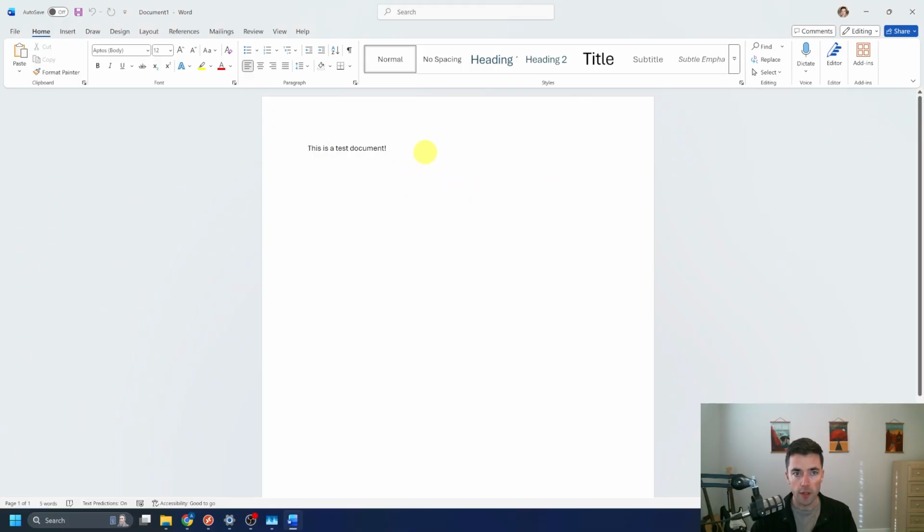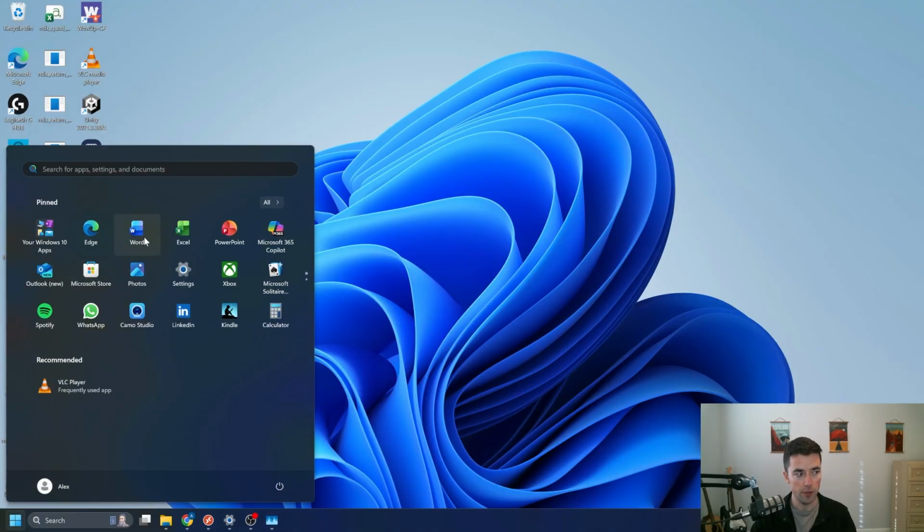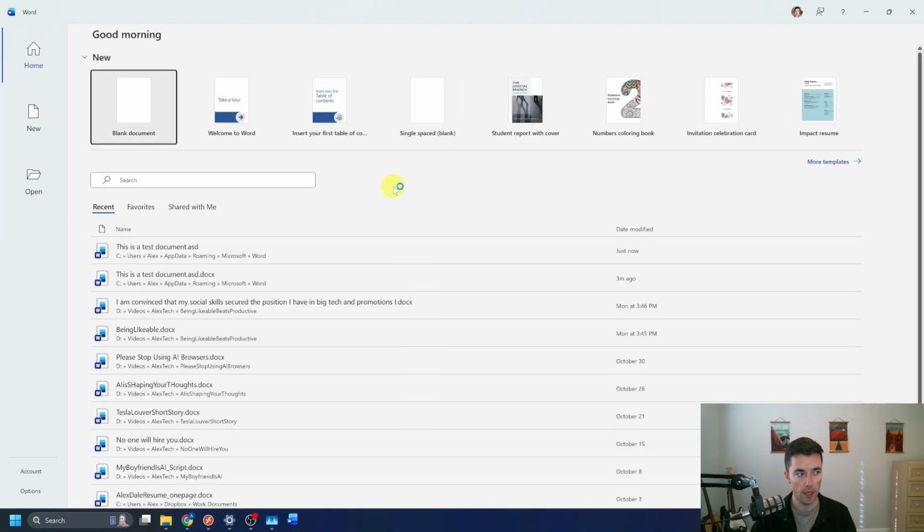Here I have a test document that I'm going to simulate a crash on. So let's say your power goes out or you accidentally forget to save it. I haven't saved this document and I'm crashing it right now. So after it crashes and you want to try to recover it, go to Word, reopen Microsoft Word, and here